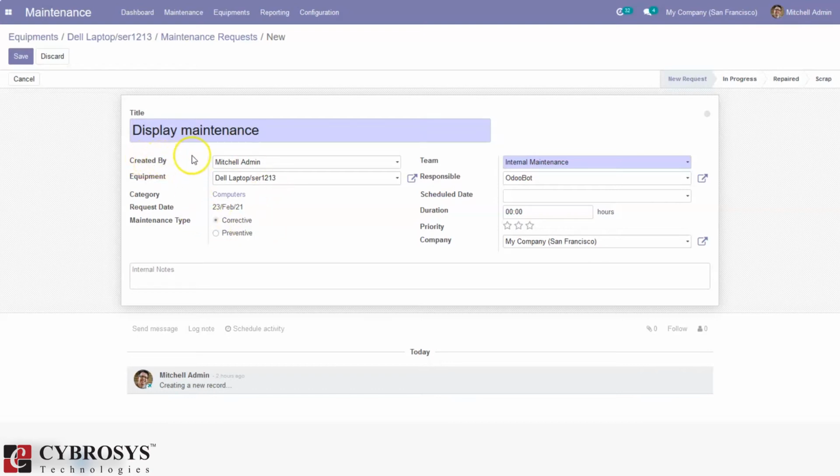And here we can set who it is created by, okay, you can see it is created by Michelin, and you can see the equipment name, category, then requested date, and here we can see one option that is maintenance type.